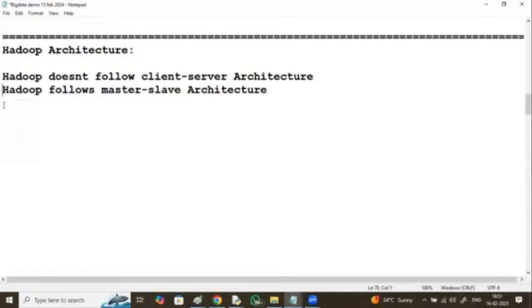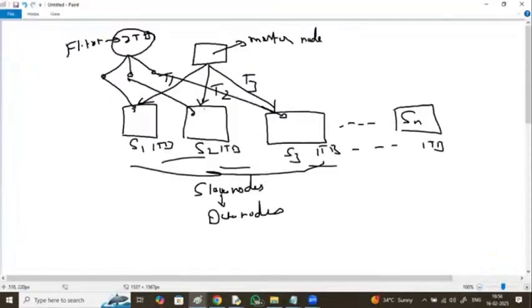If you are running a business with very few systems, say you have only 10 systems, and your business has increased, your customers have increased, your branches have increased, meaning customers increased by 100 times and data increased by 1,000 times, you cannot go with the same number of systems. Horizontally, you keep on increasing. You can keep on adding slaves. In terms, we say it as commissioning and decommissioning, adding and removing systems.